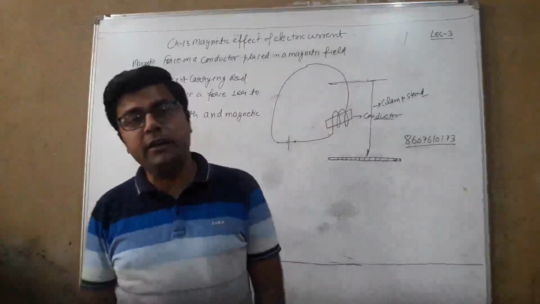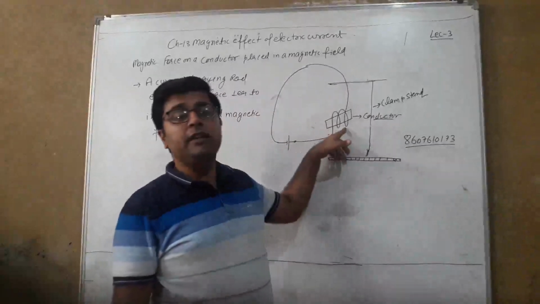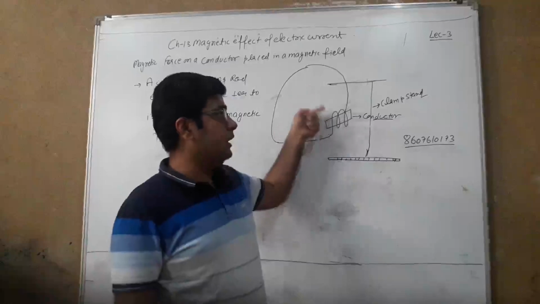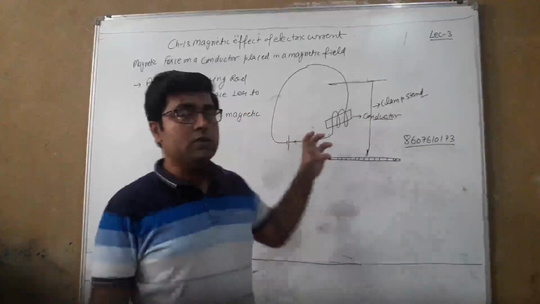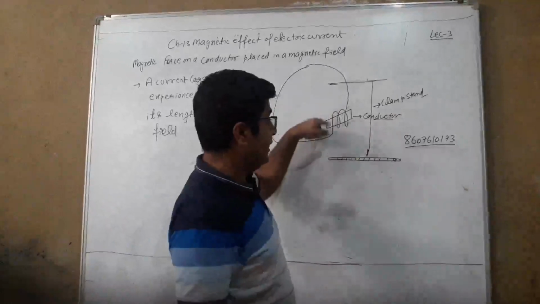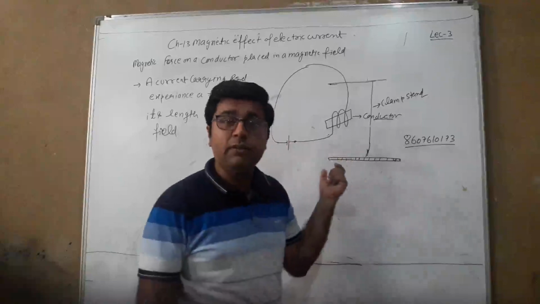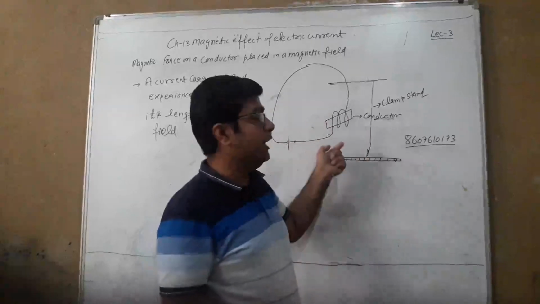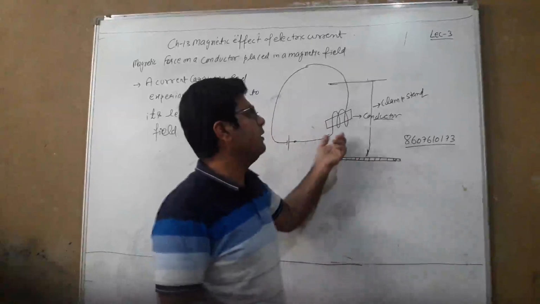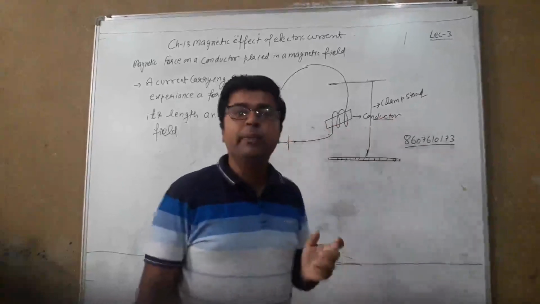I think you know it very well. In the last lecture we discussed the solenoid, that whenever we give electric current to a wire, it gives us a magnetic field, but inside those circular helical coils we have a uniform magnetic field, and due to that this conductor behaves as a magnet.